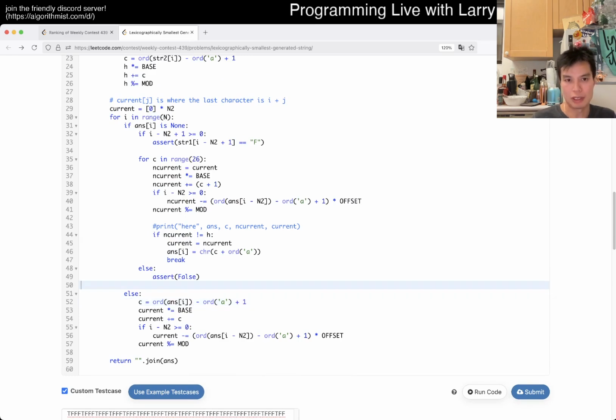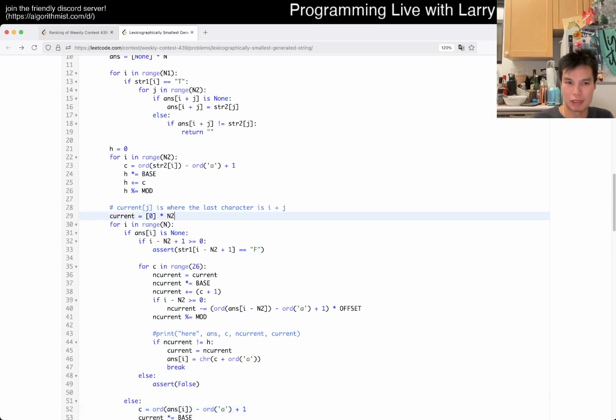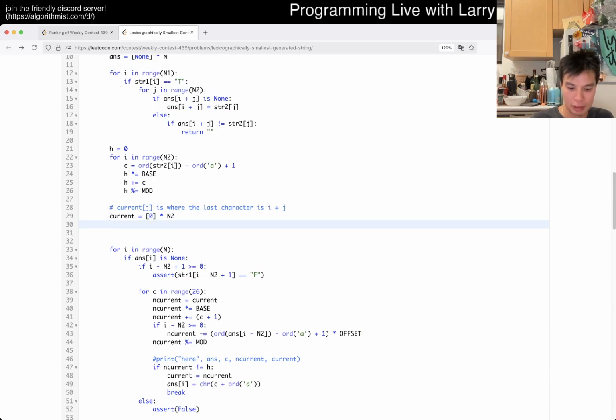Okay, so what does this mean? This is the current character. That means we have to do some offset shift thing, right? So that means for i